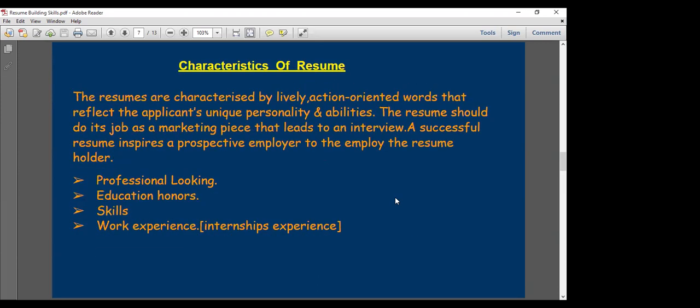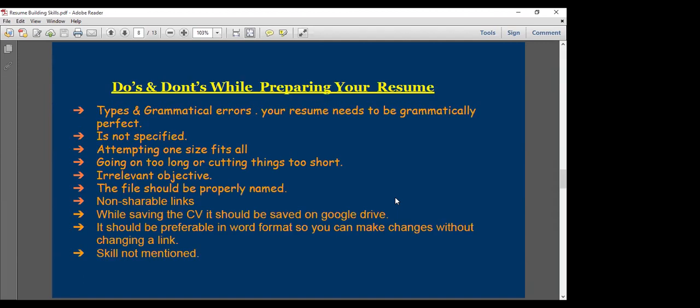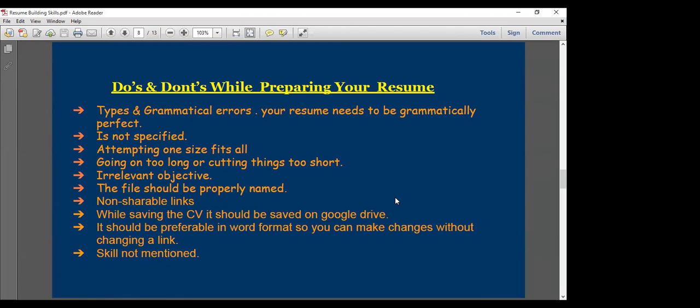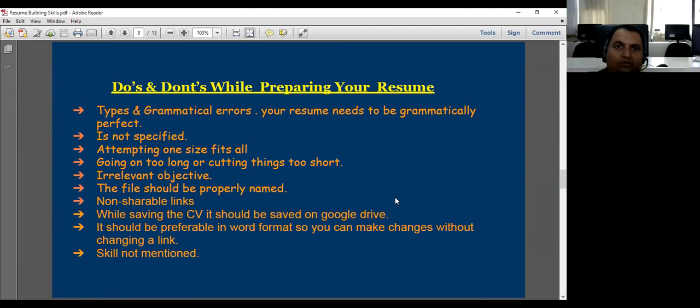Yes, sir. So please don't be shocked about whatever I'm telling, because these are the things which are needed in your CV. Sometimes what happens is, whatever is mentioned in a job description, if a person sees it in a CV, he is more than happy. If you really want that job, of course,